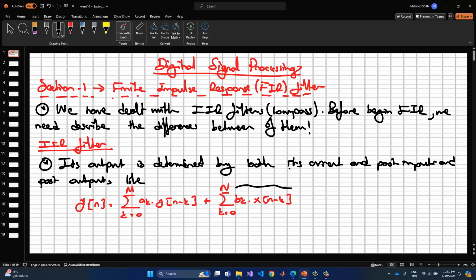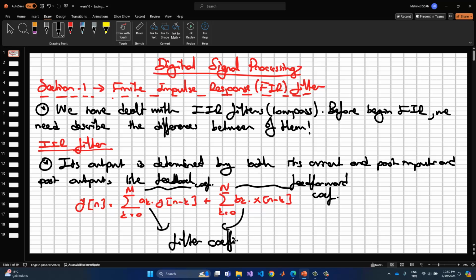This is the feedforward coefficients. This is the feedback coefficients. Okay, because it's a filtered response, this is the input. Okay. And also this a_k and b_k are considered as the filter coefficients. Okay,